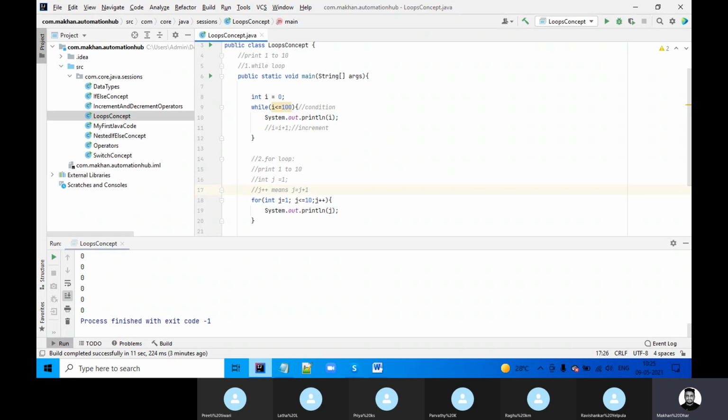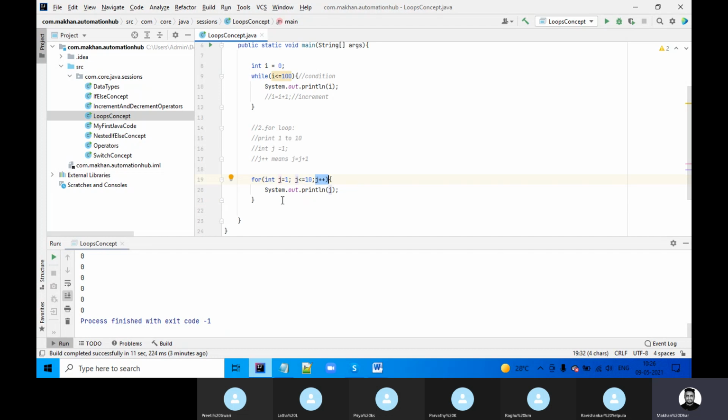This is the initialization, where I have initialized. This is called the condition, j is less than or equal to 10, and this is called the increment or decrement. And this is the output.